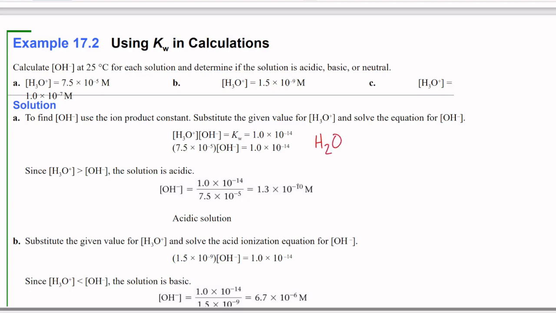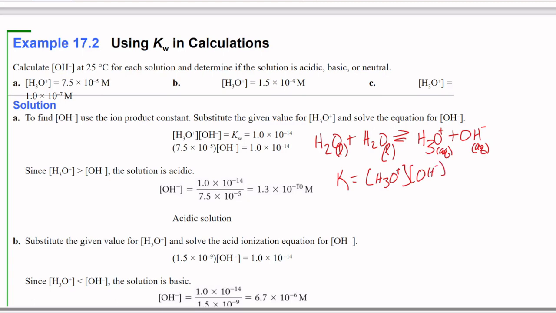We're talking about water reacting with water to form H3O plus and OH minus. Now if we write the K for that reaction, remember K is products over reactants. And what are these species here? Water is a liquid, and the hydronium is aqueous, and the hydroxide is aqueous. So remember our K is products over reactants, so that's going to be H3O plus times OH minus divided by